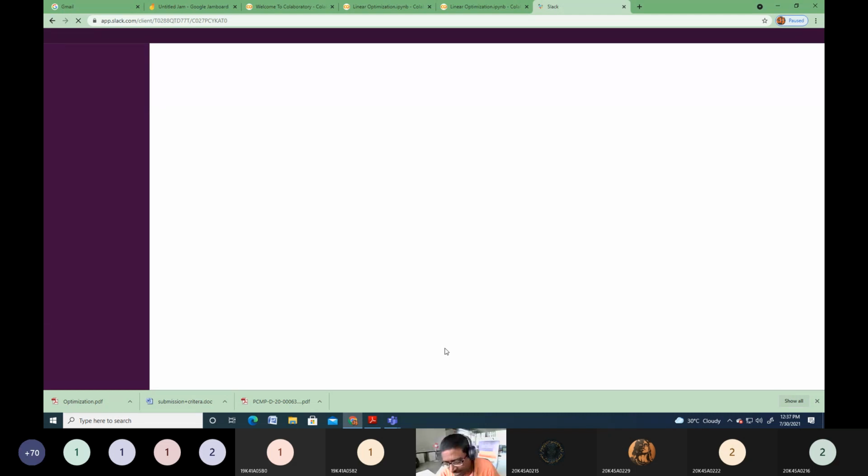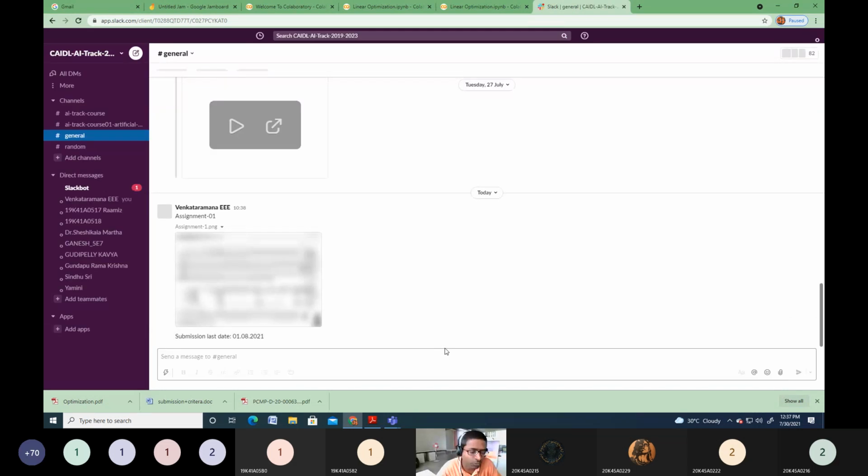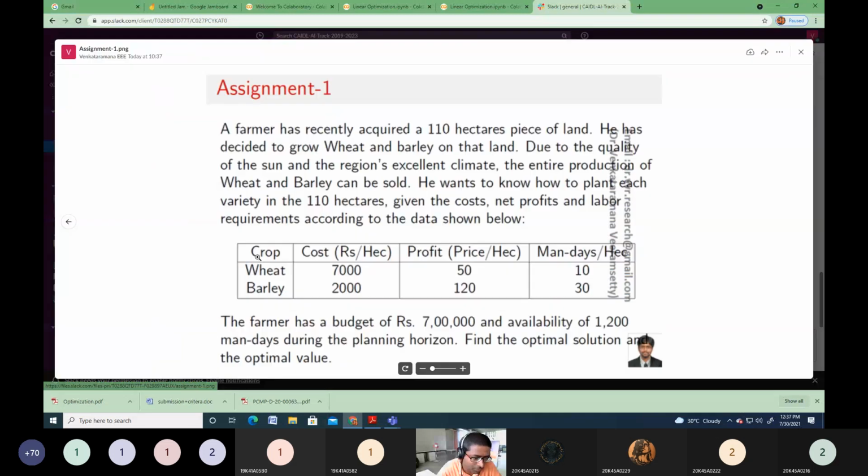Try to solve that assignment in your favorite IDE, whatever it may be. I'm using Google Colab, which is my favorite, but you can use any other Python IDE. This is the assignment problem. Try to read the problem carefully and develop a mathematical model. Once the model is developed, identify your objective coefficient matrix, inequality coefficient matrix, and inequality constant matrix. If there are any equality constraints in your problem, develop the coefficient matrix and constant matrix for your equality constraints as well, and also prepare the boundaries.